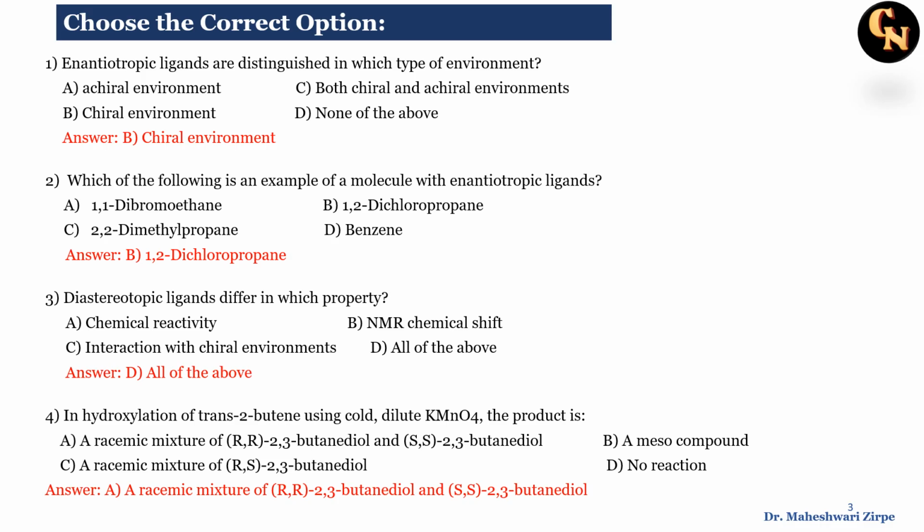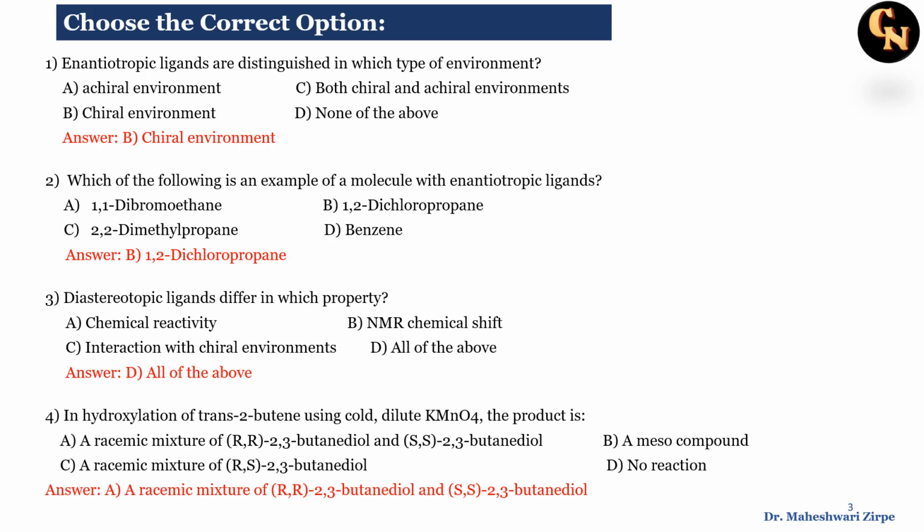You should remember this. Then next is, which of the following is an example of a molecule with enantiotopic ligands? The options given are 1,2-dibromoethane, 1,2-dichloropropane, 2,2-dimethylpropane, and benzene. So if you see, the first question was enantiotopic ligand, so here they have given the example also. In the example we have to find out which molecule will have identical ligands in the